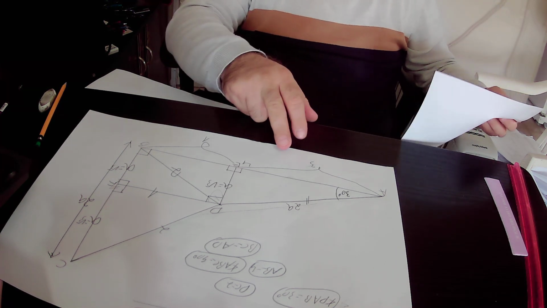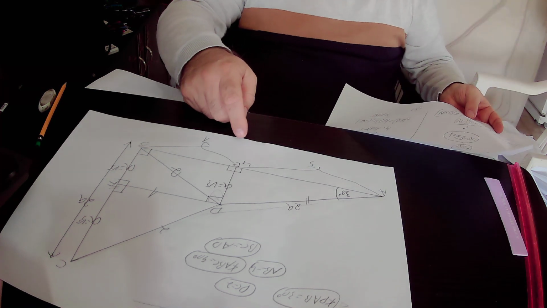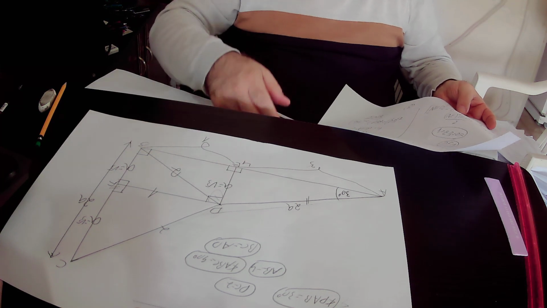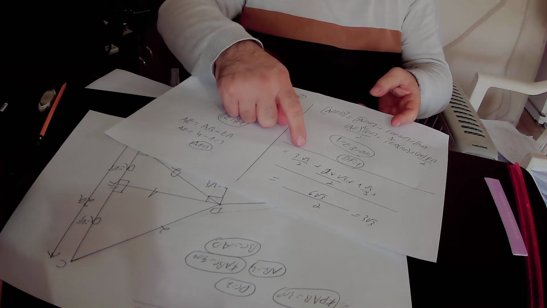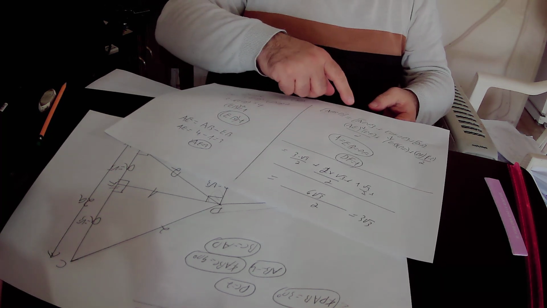And AE is equal to 3 units, ED equals to square root of 3 units, so it is actually 3 times square root of 3 over 2. This is the area of triangle ADE,